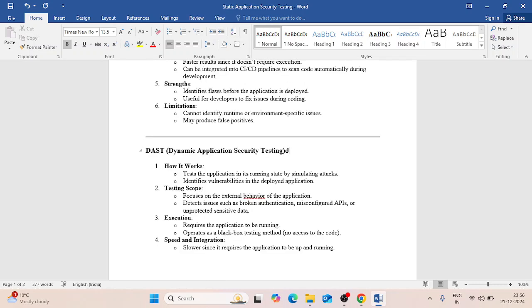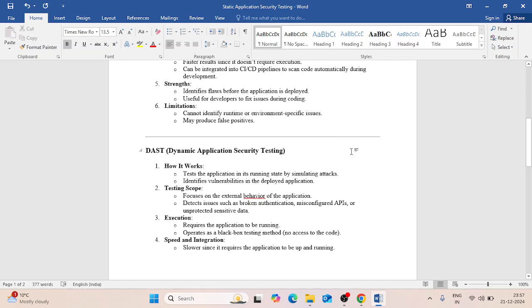Okay, so let's come to dynamic application security testing. Dynamic application security testing is the type of testing where a security tester doesn't have any knowledge inside the application. What is the front end, back end? What is the language a developer used in the background or in the code? They don't have any knowledge about the application. So let's see how it works.